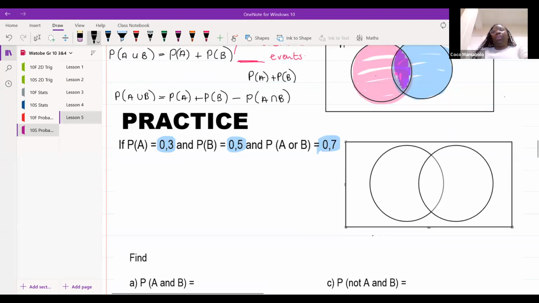Okay. So this part over here is the probability of A. This over here is the probability of B. Now, together, both of these things together must give us 0,7. But we already know that together they give us 0,8. So what do we know about the intersection? Tiana, where did I lose you, my sweetie? Yes. I thought there's no intersection. So why are our circles now touching each other, like you say, the intersection?